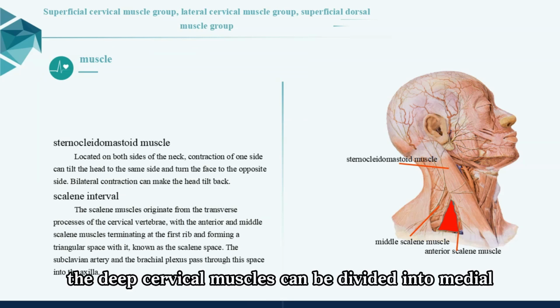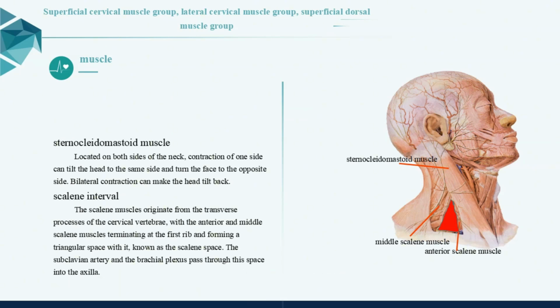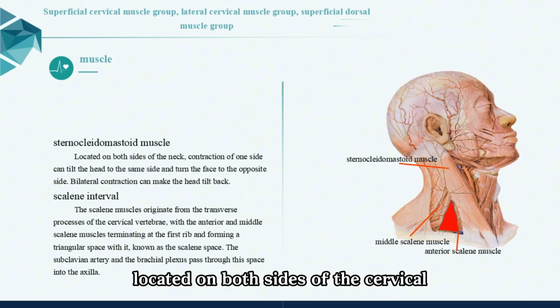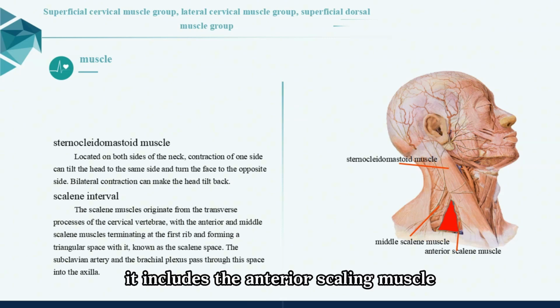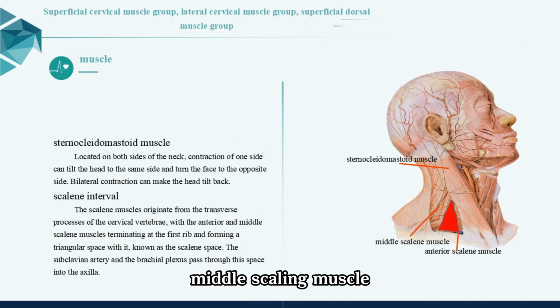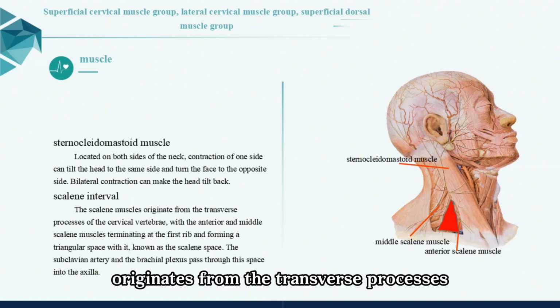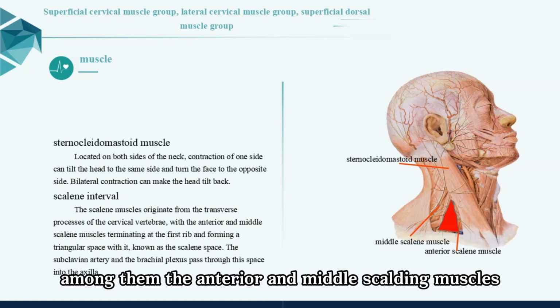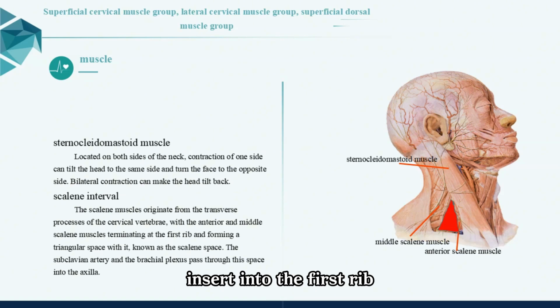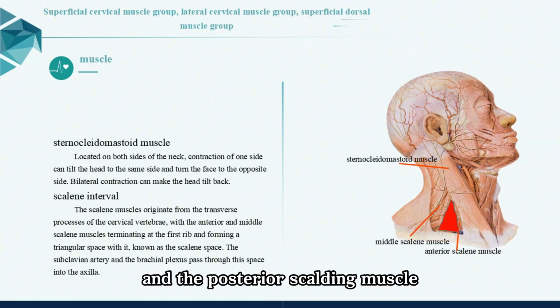The deep cervical muscles can be divided into medial and lateral groups. The lateral group is located on both sides of the cervical segment of the spine. It includes the anterior scalene muscle, middle scalene muscle, and posterior scalene muscle. Each of these muscles originates from the transverse processes of the cervical vertebrae. Among them, the anterior and middle scalene muscles insert into the first rib, and the posterior scalene muscle inserts into